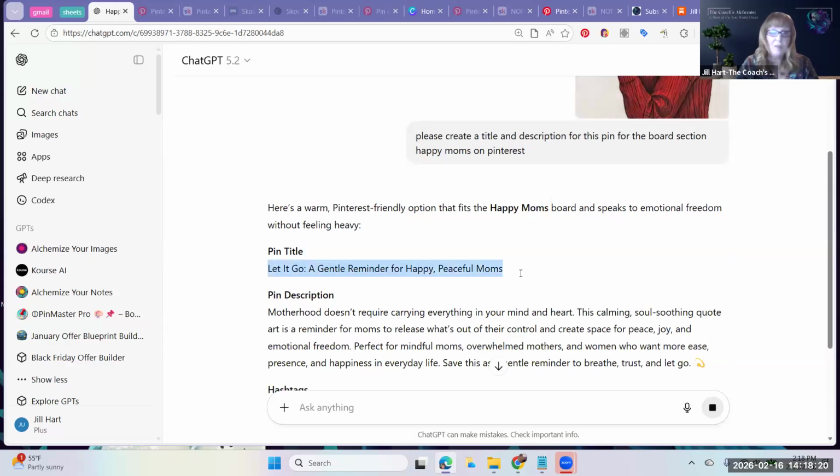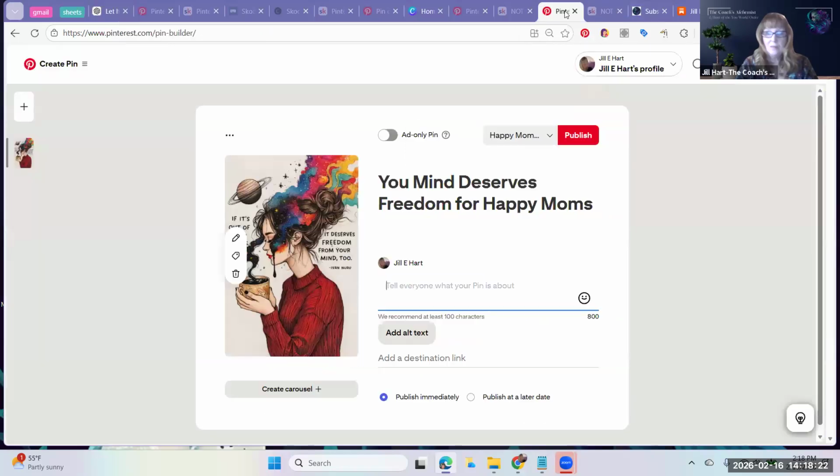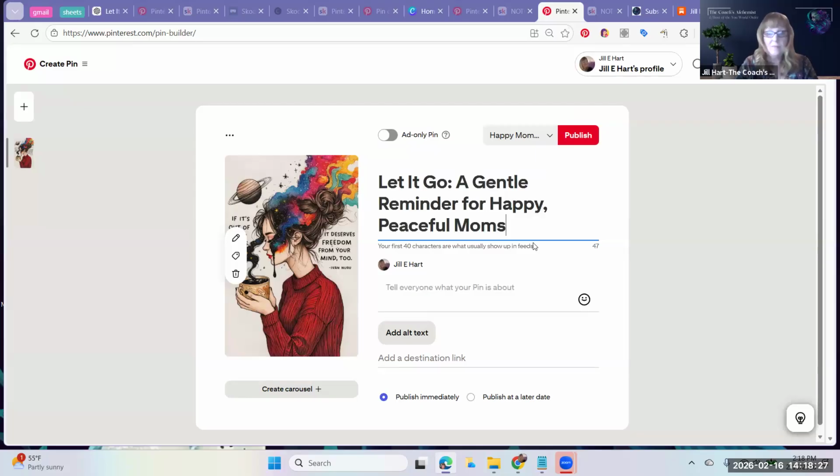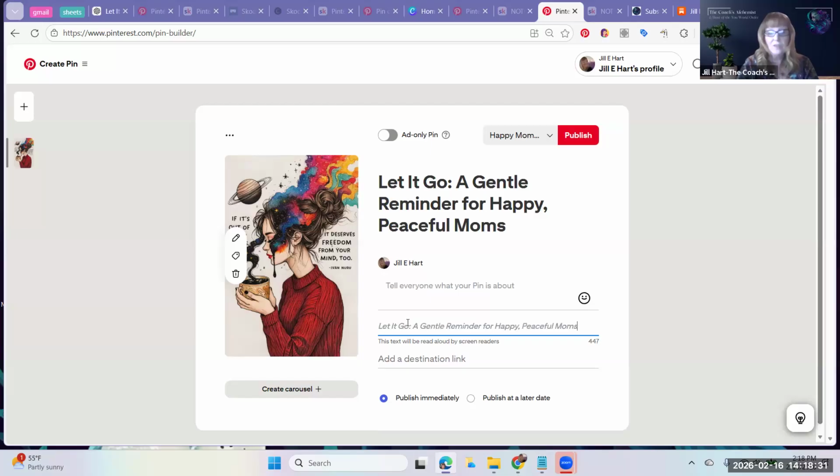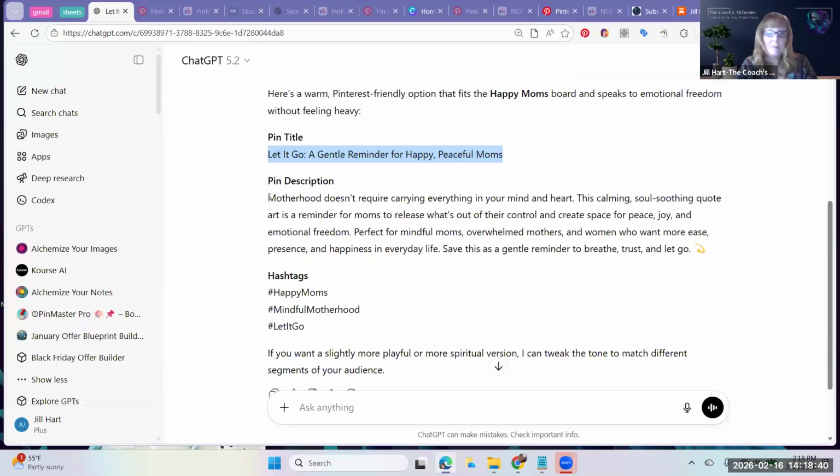And then you can just copy this. Do that. And then you want to add alt text. You get 500 characters here, so it's kind of important to fill it up. So let me get this.